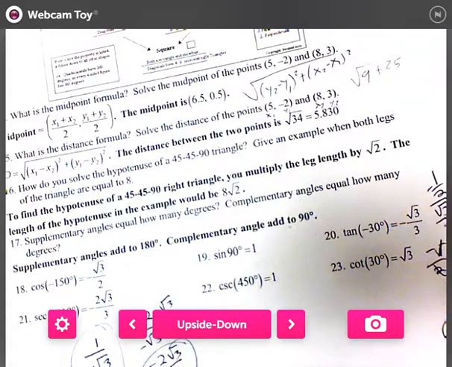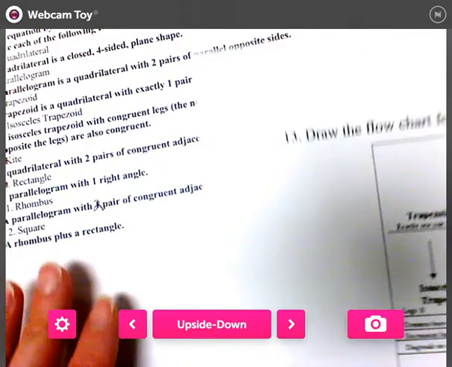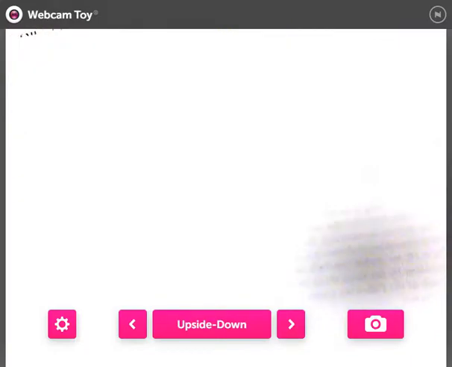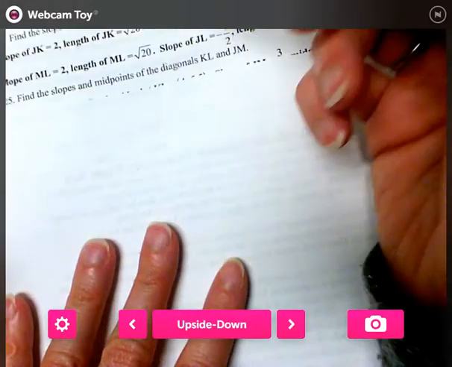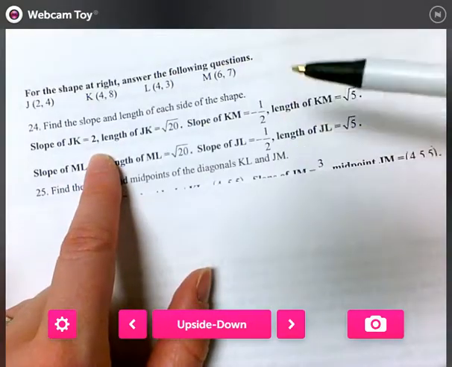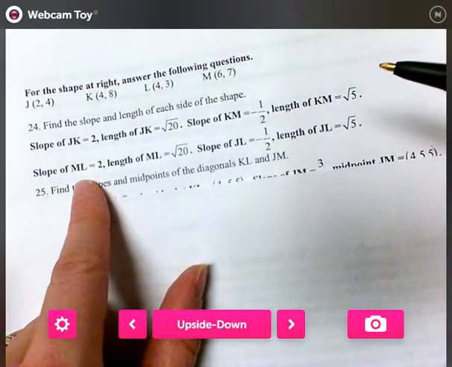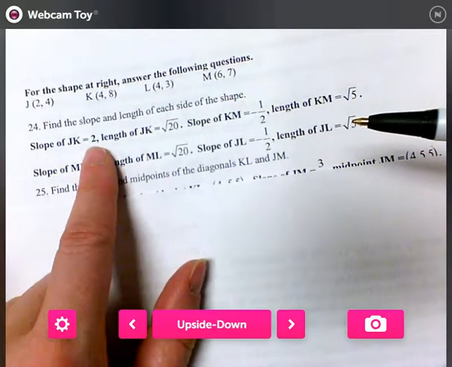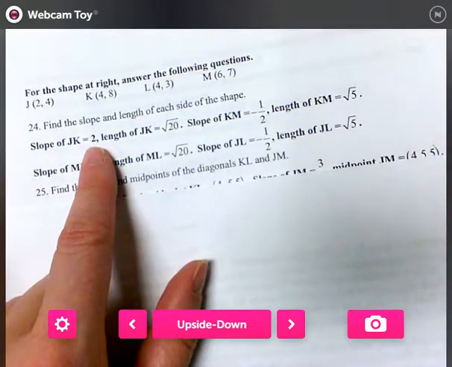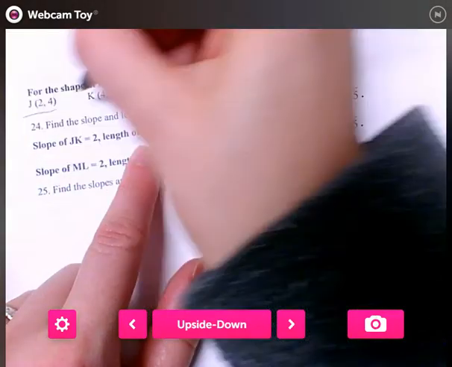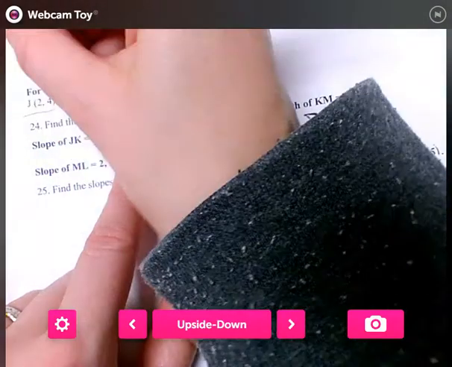24 and 25. Okay. 24. Which one specifically? All of them? JK, KM, ML, or JL, or is there one specific? All of those? Okay. The slopes and the lengths? Just the lengths. Okay. So if we're looking from J to K, again, I like to label them each time